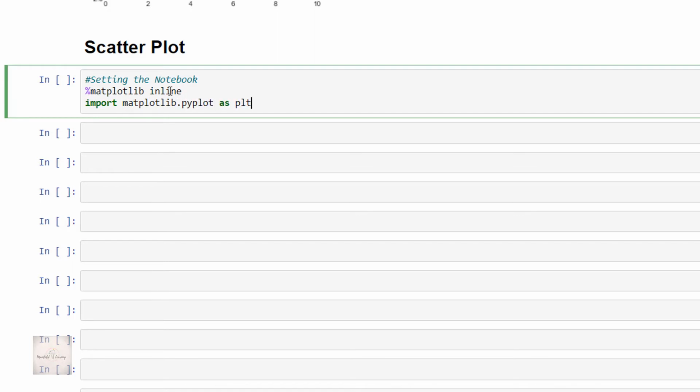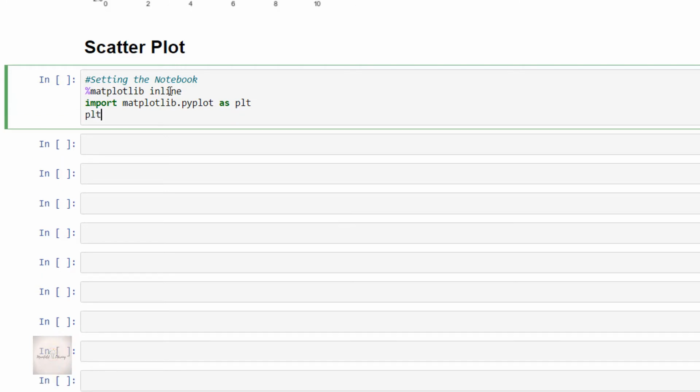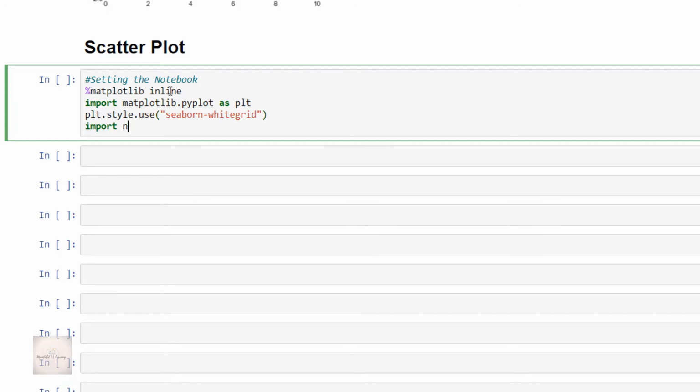Then plt.style.use, and the one I am using is seaborn-whitegrid. And then import numpy as np.